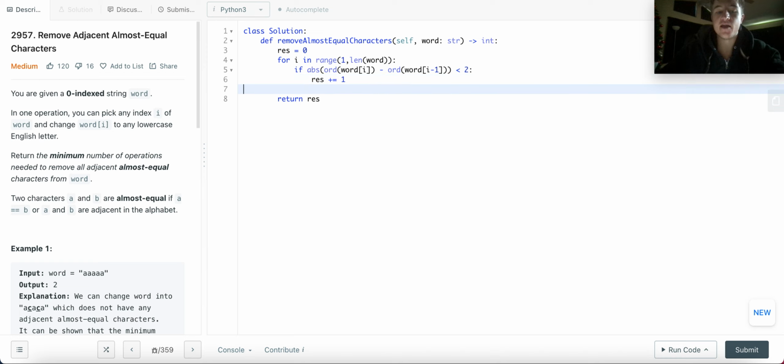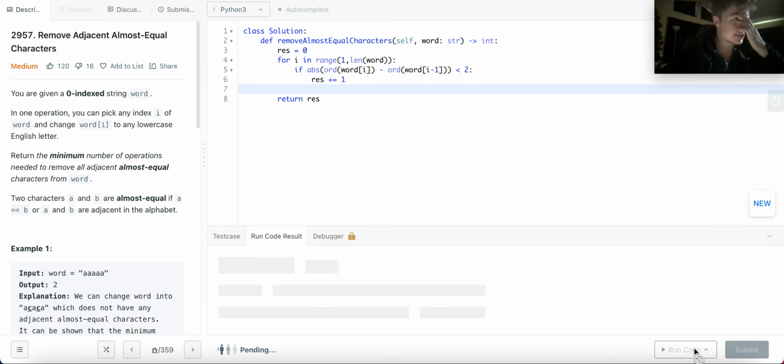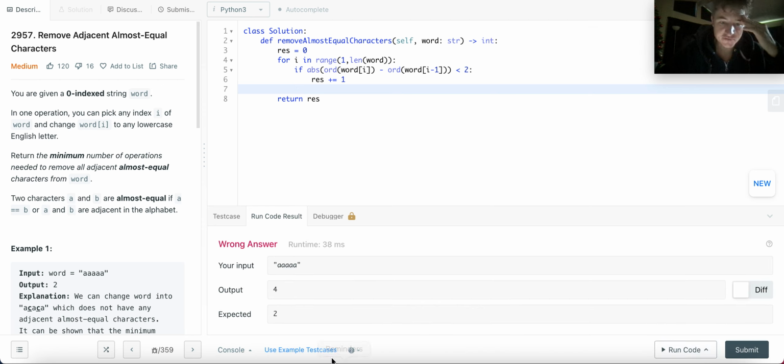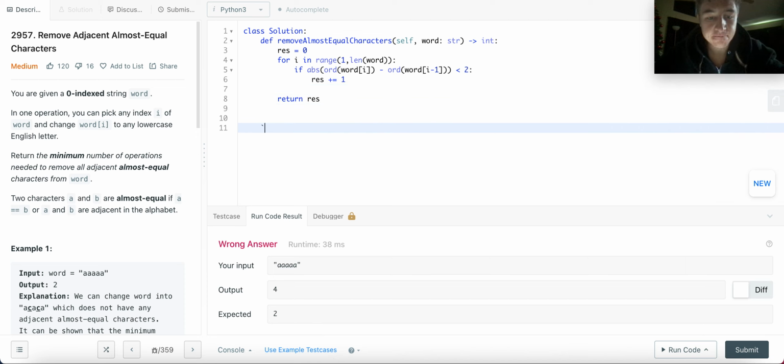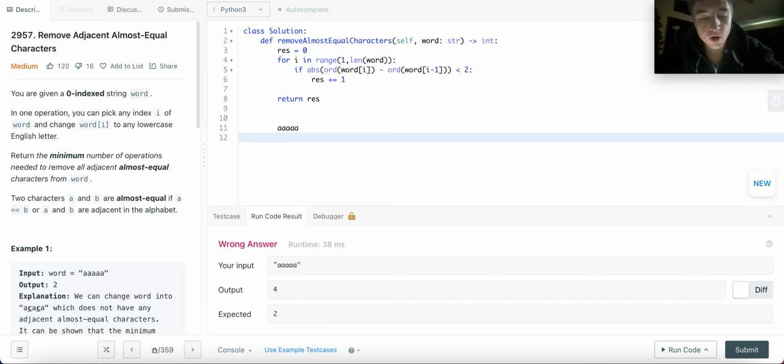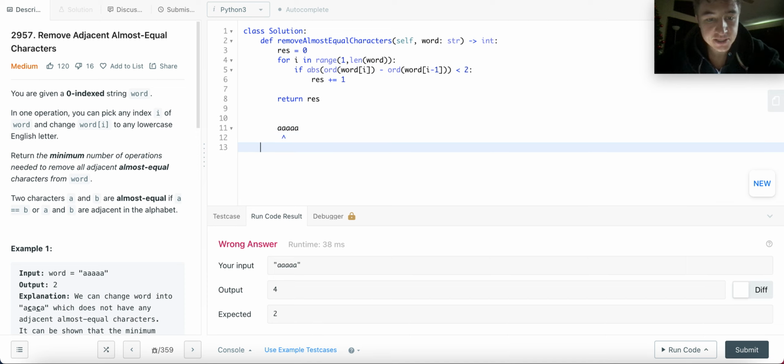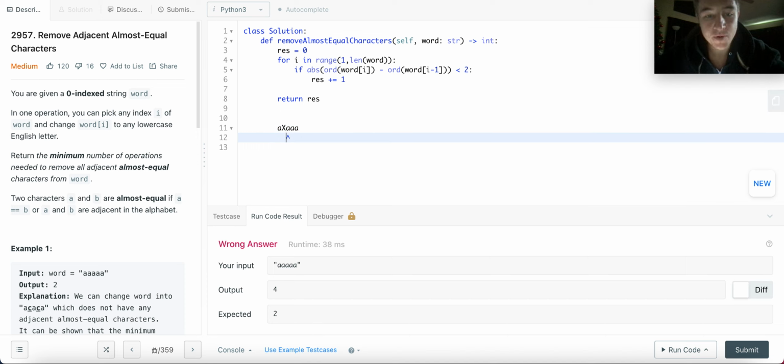Now this is going to fail because it doesn't capture the idea of resolution. All right, this says 4 instead of 2. Why does this say 4 instead of 2? Well, what happens here, right, is we have indices 1, 2, 3, 4, 5. We start here at 1, right? We modify this. That's going to give us, I'm just going to put an X, not the letter X, but an X to signify that we're making a modification here. And then when we get here,